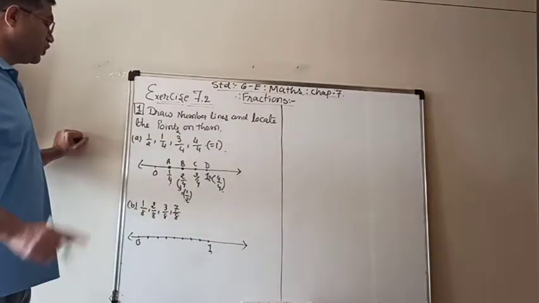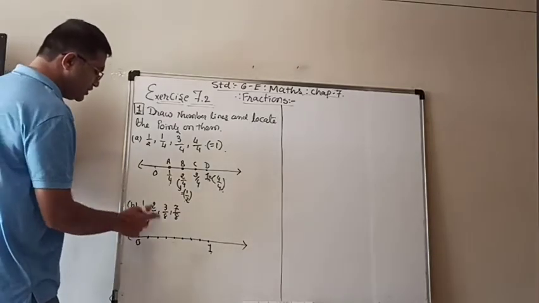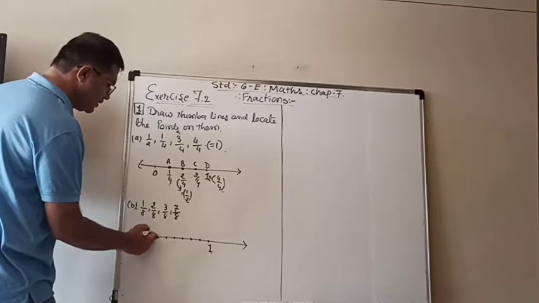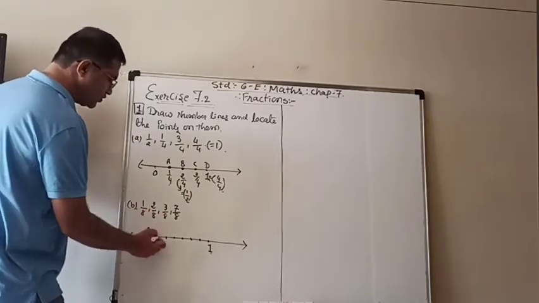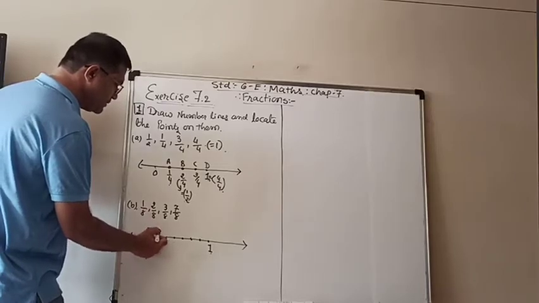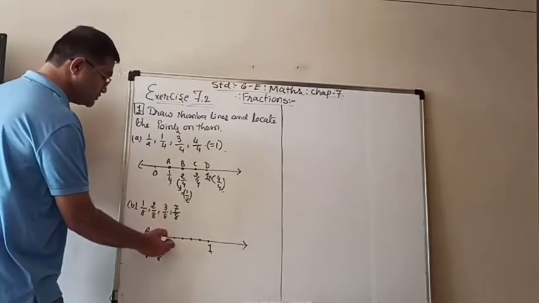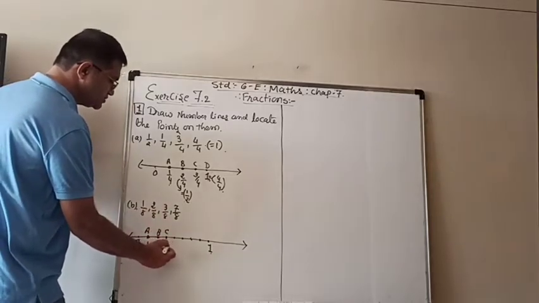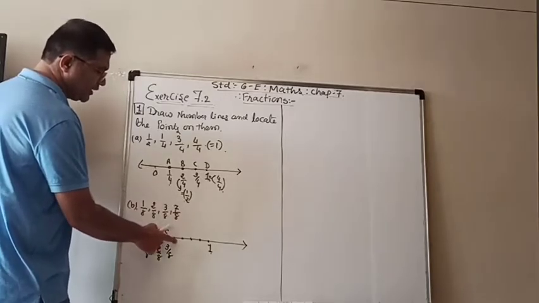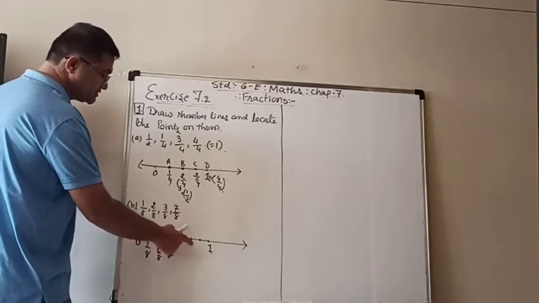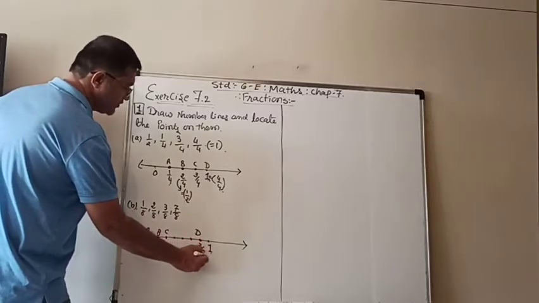So now you don't need to put all the numbers. The first one is 1 upon 8, we need it. So here point A will represent 1 upon 8. We need 2 upon 8 also. So the second part is B, that is 2 upon 8. We need 3 upon 8 also. So C is 3 upon 8. Now direct 7. So 3, then 4 upon 8, 5 upon 8, 6 upon 8, and that number D will be 7 upon 8.